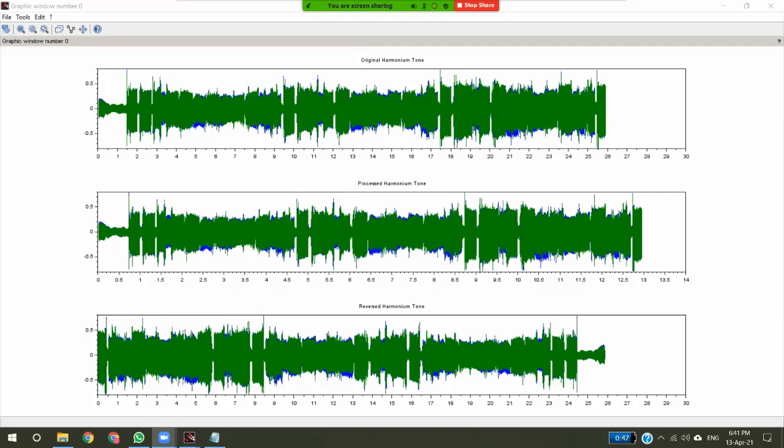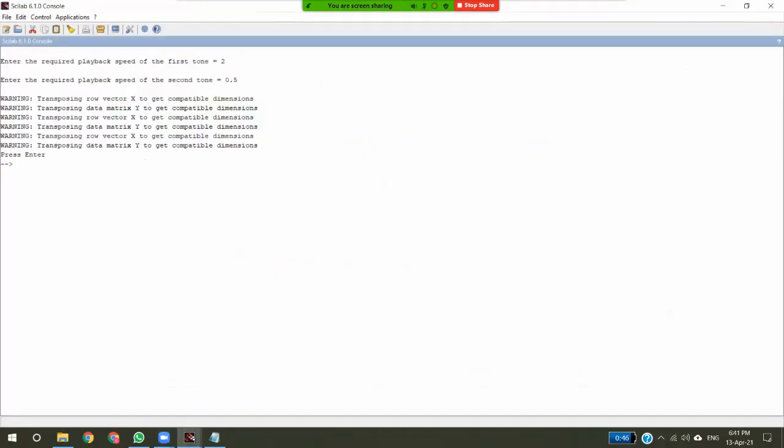And in the last graph we can see that the first original tone is reversed. So there will be no change in the length, it will be 26 seconds, just played reversed. So now let's see the second graph for the second tone.